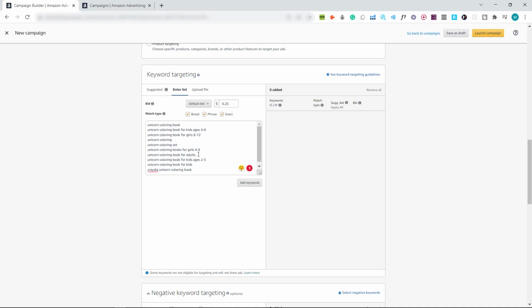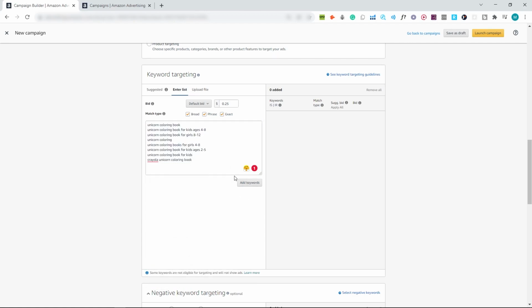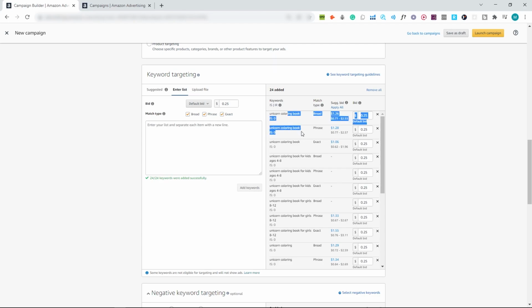So for example, maybe I'm not selling an adult book, I'm only selling a kids coloring book, so I delete this one for adults. If you're using KDP, you're not going to be selling a set, you're probably going to be selling a paperback book or a hardcover book. So I'm gonna delete this. And yeah, it leaves me with this list of keywords that you can target. And then after that, you just click add keywords, and it will add all of them for you.